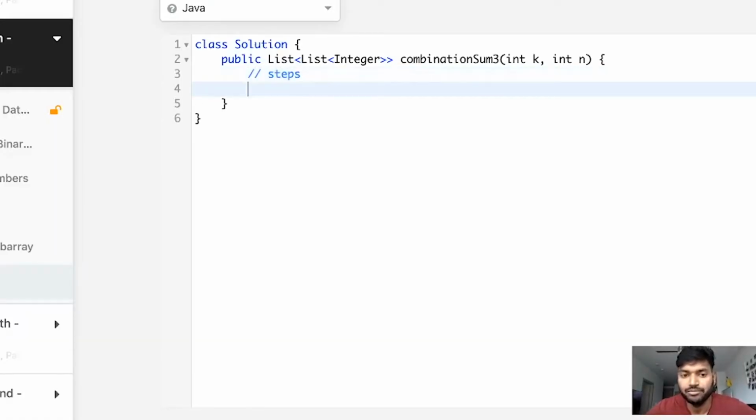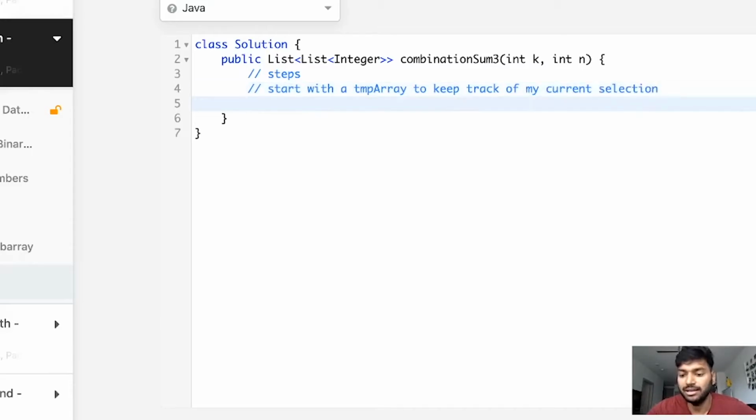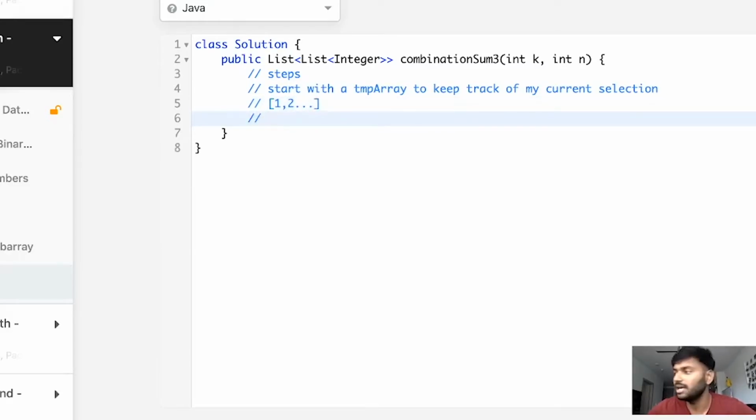So let's write code for this, right? So what are my steps? Start with a temporary array to keep track of my current selection, right? And then to this temporary array add all these values, right? And so on.